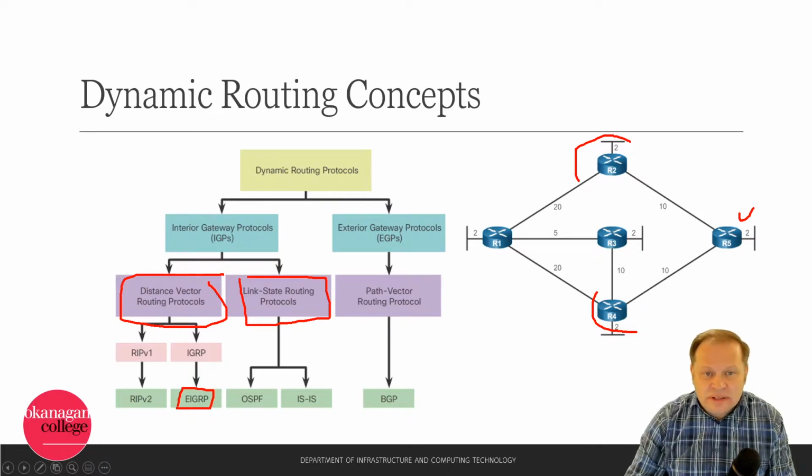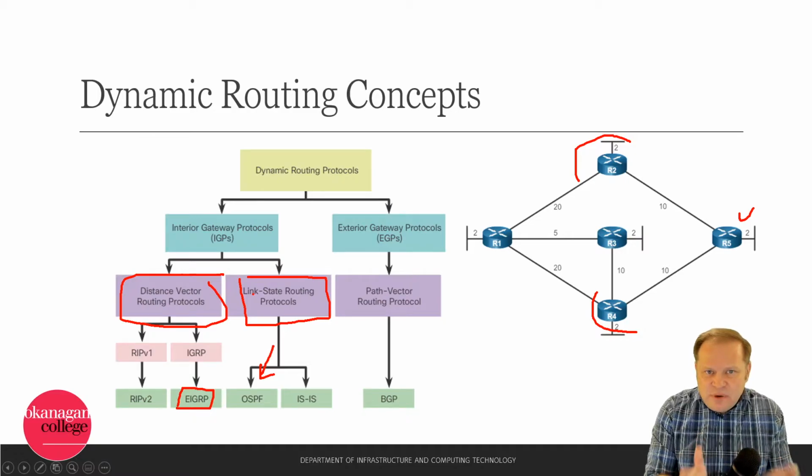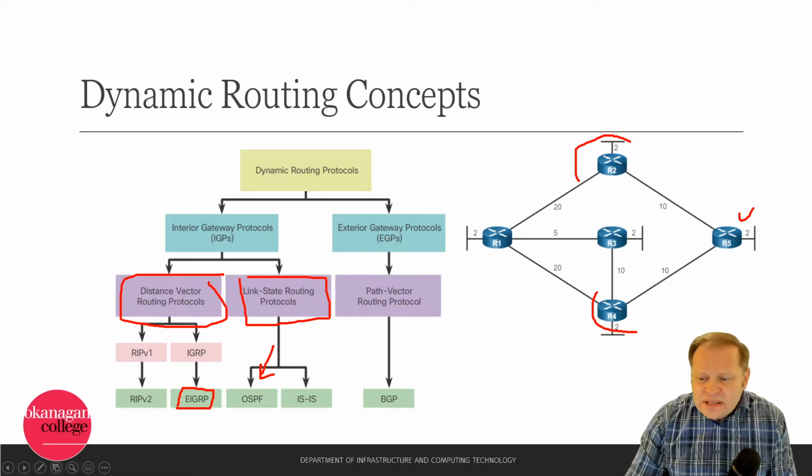I have this thing called a link state routing protocol, and the one that we're going to study is OSPF, Open Shortest Path First. The key difference between distance vector and link state is that while distance vector only connects me with a neighbor and I can do what my neighbor tells me,